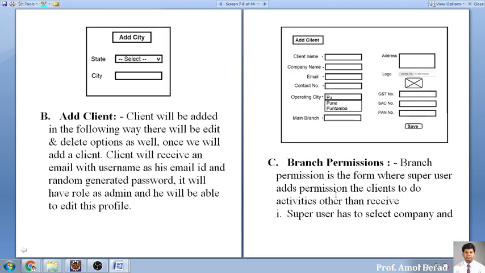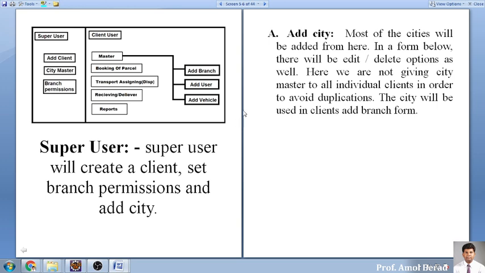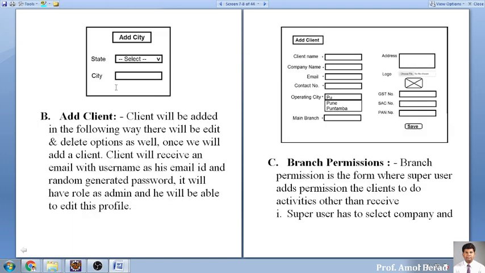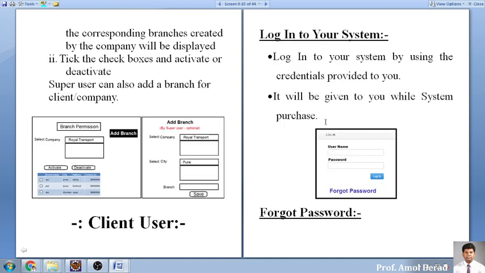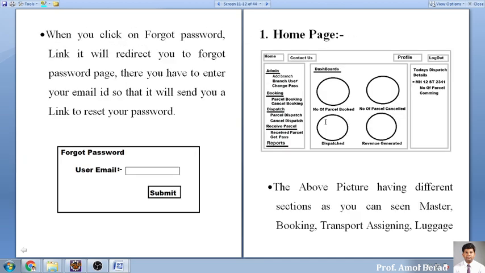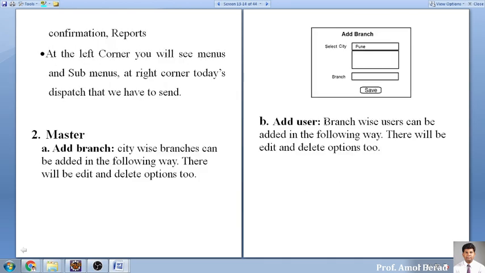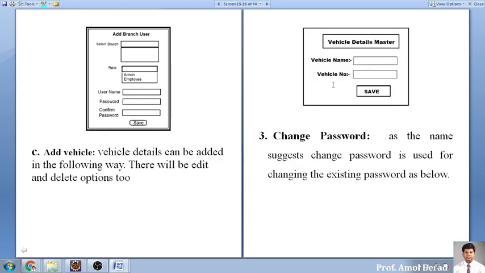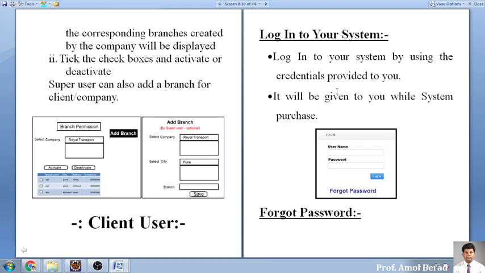Okay, so as far as the design of the client user is concerned, we will be adding some branches, some users, some vehicles. So the forms are in front of you, and these are the different forms. So the login form is there, then the home page, the admin pages and all those things. In today's session we'll move to the master pages, and I think we have first done the login pages. Okay,